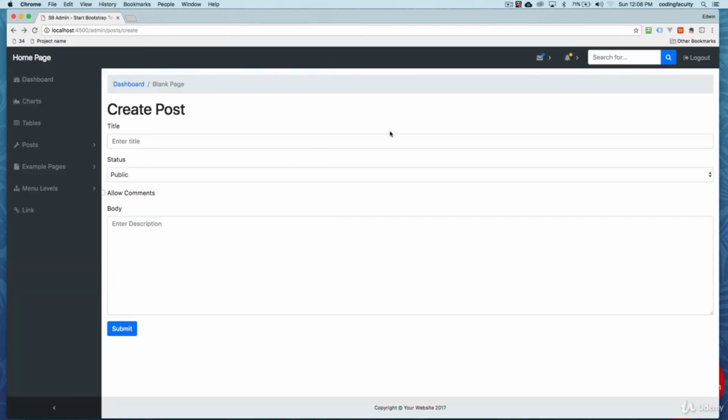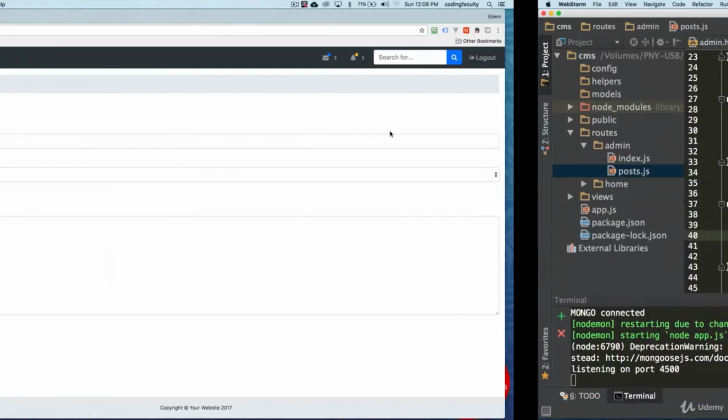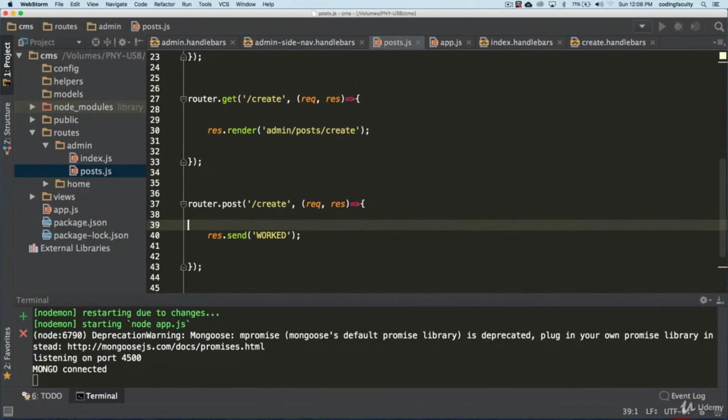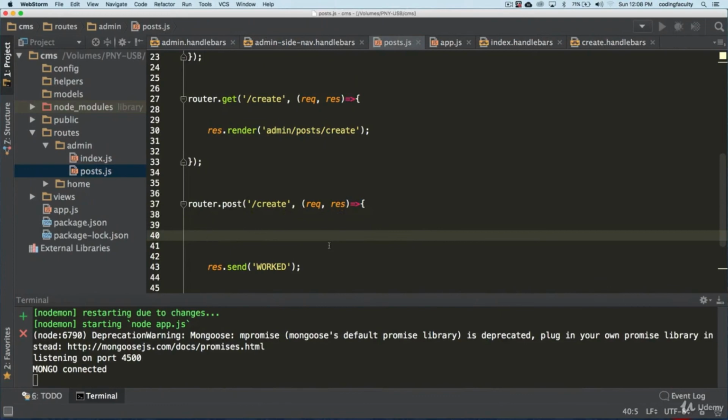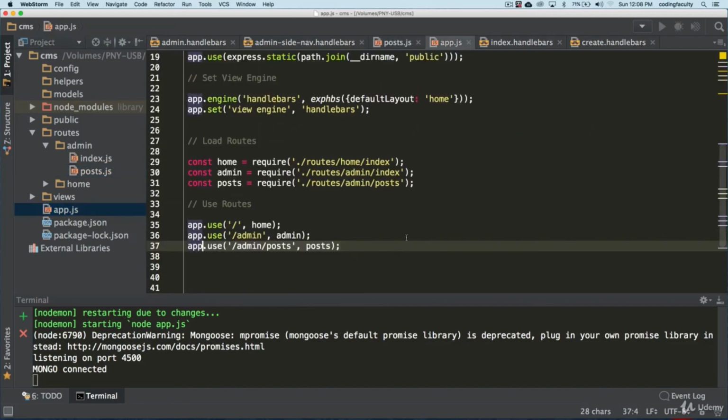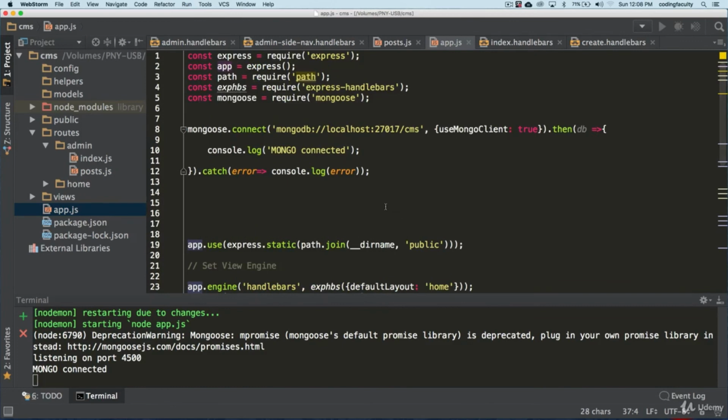So now that our form is working, now it's time for us to start playing around with submitting some data, guys. So let's do that. We want to connect to the database, but before we do that, we need to start thinking about our database schema. We are connected to the database already, but we need to connect in a way that we can insert data. Right now we are connected, right? But we need a way to have methods that can help us insert data. And Mongoose is doing that for us already. We just have to create what's called a model.